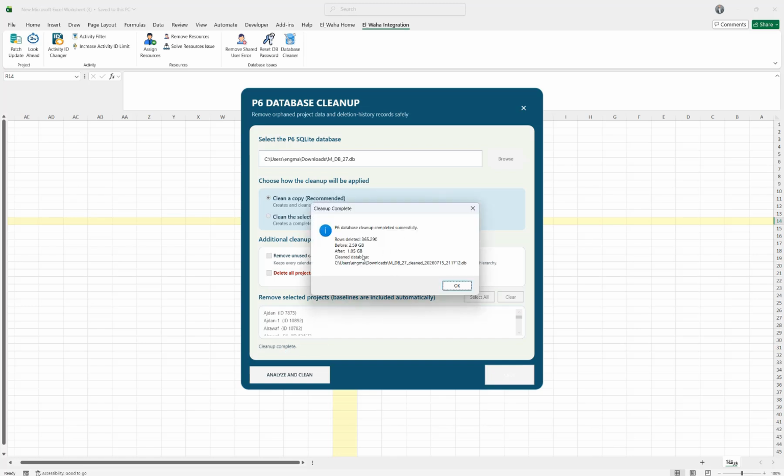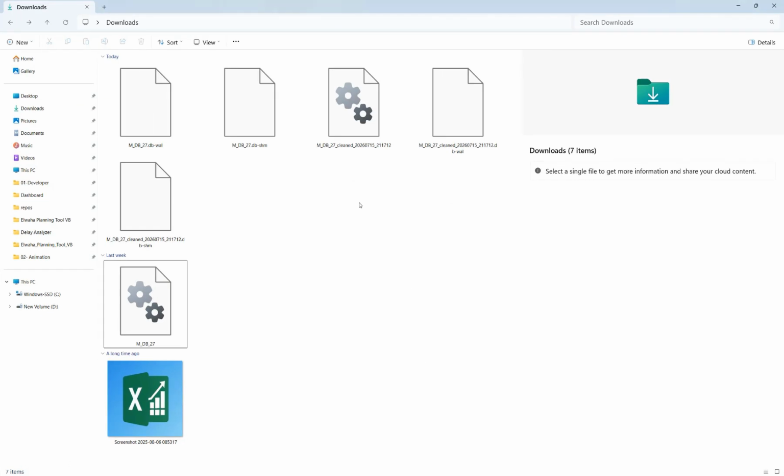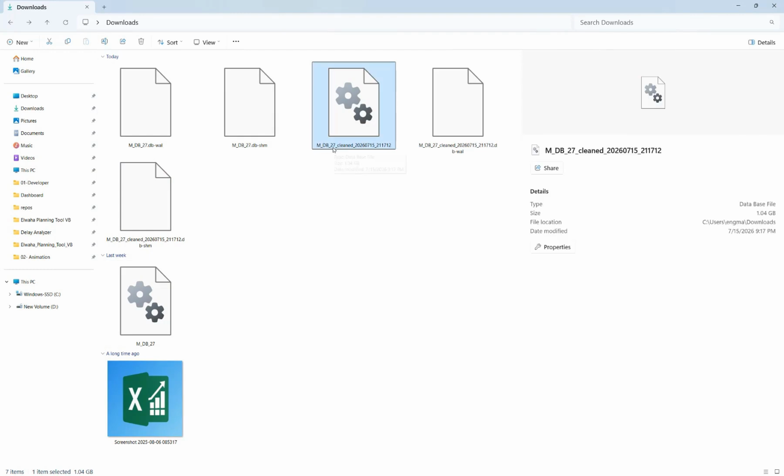Of course, now it's done. It told you that the file size before cleaning was 2.6 gigabytes, and after cleaning it became 1.5 gigabytes. And of course, that's a big difference. That 1.5 gigabytes is already the projects that will remain on your system. And it will create a new file for you. This is the original file, and this is the new file, named MDB27 cleaned, and it will add today's date for you. If you chose the first option, you'll have to open Primavera